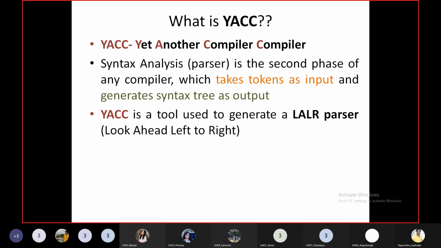So the left substitution is considered more accurate and it covers more words of a given language. So that is why this LALR parser is more often used. And this parser is implemented by the Yak tool. Okay, that is why we use the Yak tool more often whenever we have to create our own syntax analyzer. Clear? Fine.